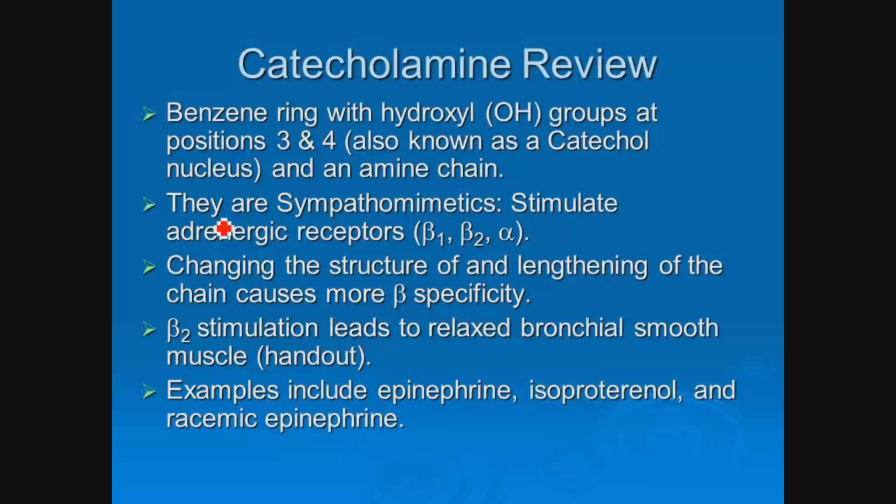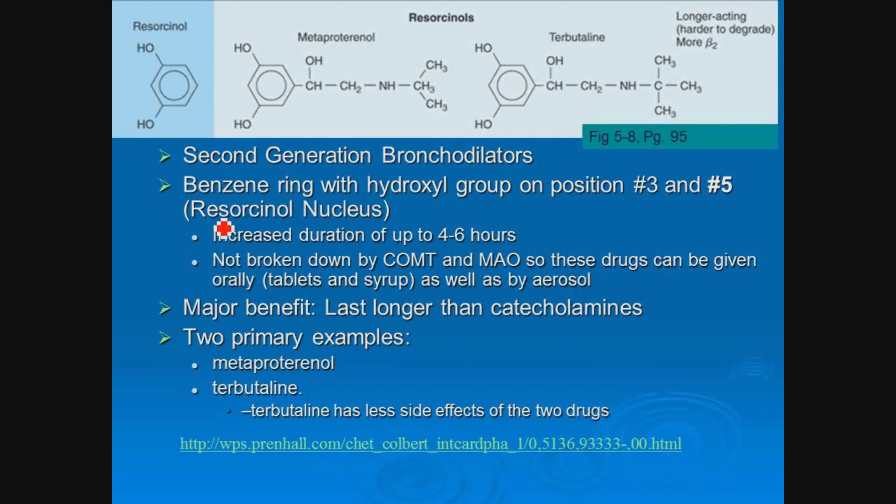And you should have an idea of how that beta stimulation works with the smooth muscle, that diagram that we went through. Okay, so those were our catecholamines. Those were our primary mechanisms for years and years on how we used inhalational medication to treat bronchoconstriction. Second generation came along, and these are ones now that have a change in the position. Instead of being at 3 and 4, they're at 3 and 5. Not that that really makes a difference to us in any way. But these are now called resorcinols. And these are a different group of